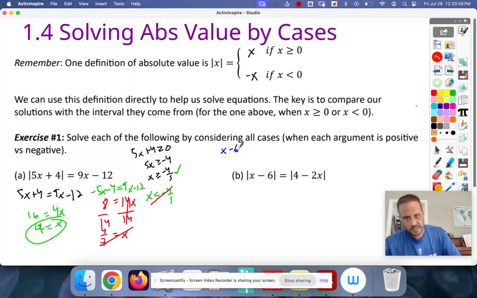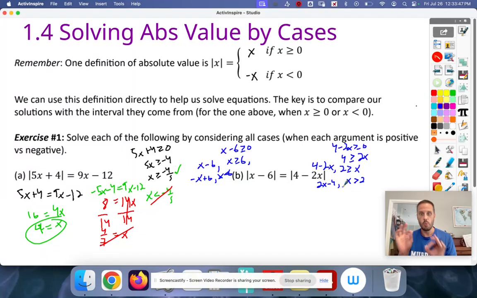But it comes in really handy when you start seeing stuff like this, because here we're wondering, when is x minus 6 greater than or equal to 0? Well, when x is greater than or equal to 6, we're going to use x minus 6. And we'll use negative x plus 6 when x is less than 6. Similarly, if we solve this, 4 minus 2x, when is it greater than or equal to 0? Well, I'll add 2x to this side. We get 2x is less than or equal to 4, and x is less than or equal to 2. That's when we'll use 4 minus 2x. But when x is greater than 2,